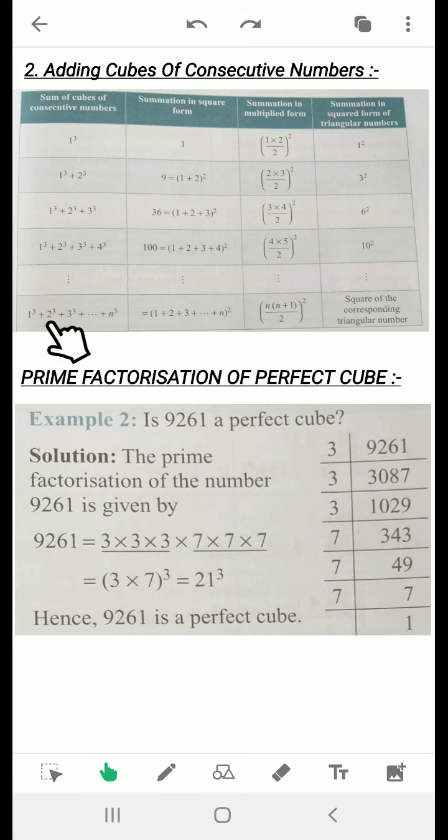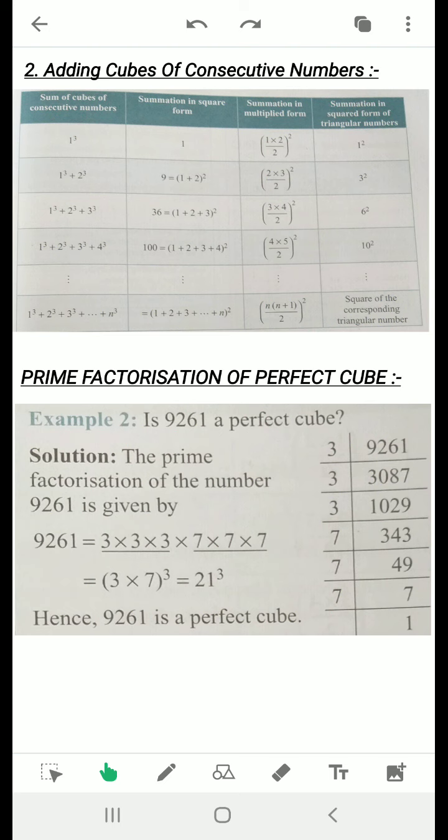And in case we are taking n numbers, it will be n multiplied by n plus 1 divided by 2, whole square, which is the square of the nth triangular number. So what is the conclusion we get? Listen carefully. If someone asks what will be the sum of the cubes of the first 10 consecutive numbers,